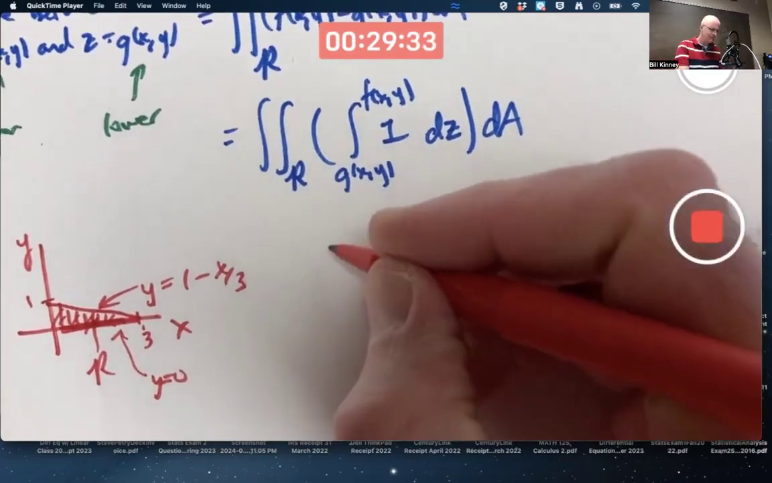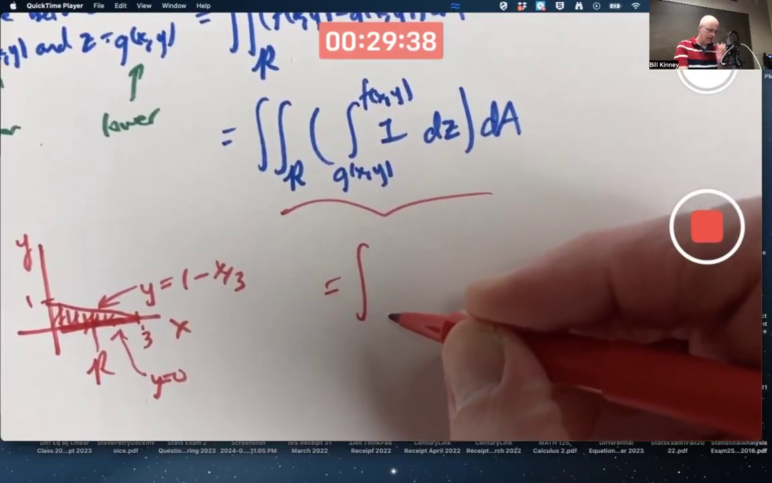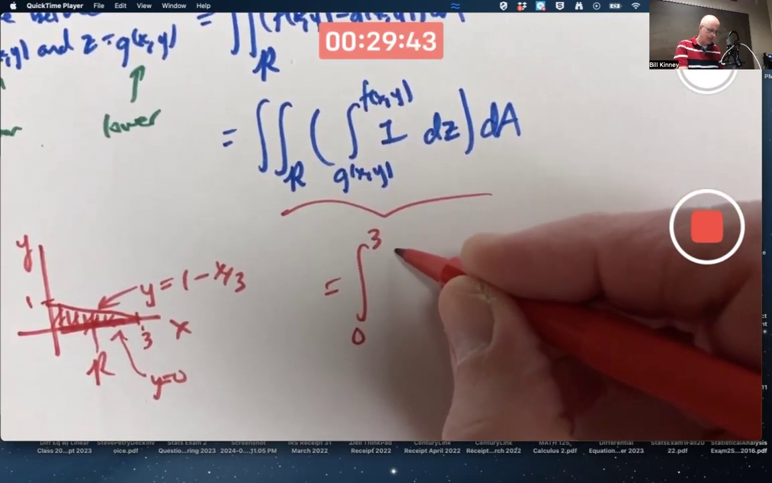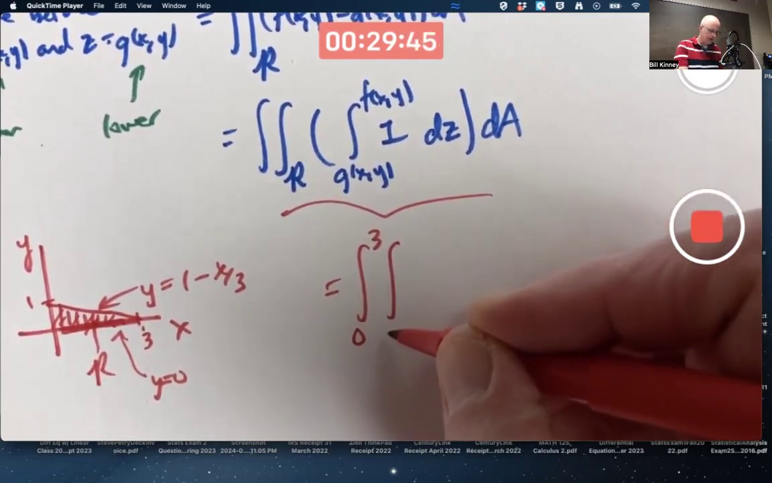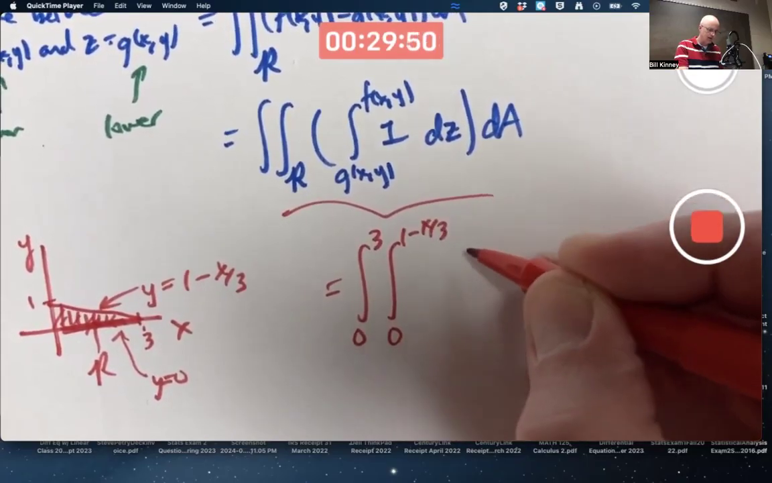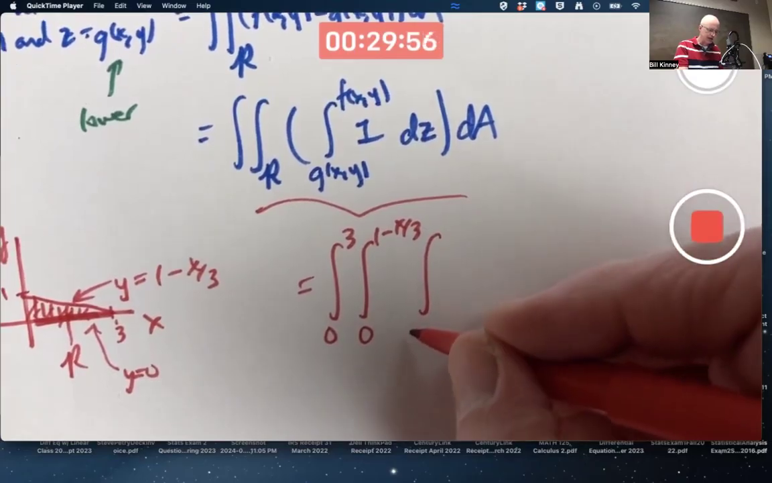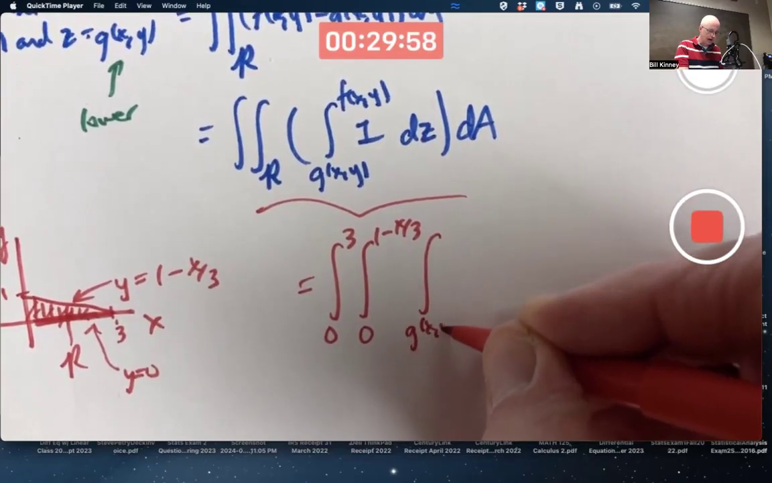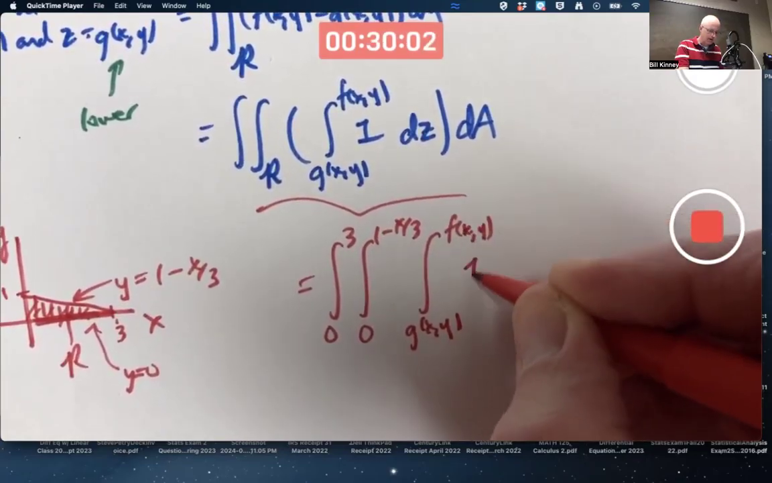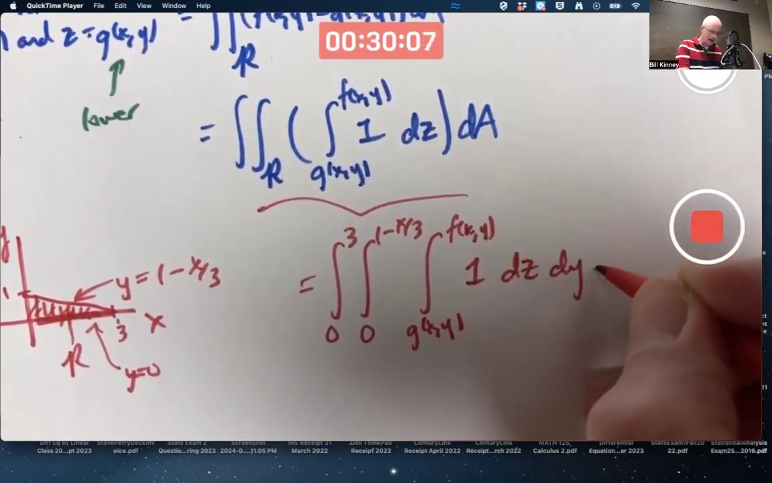So, to do this integral then, for the outer double integral, it's with respect to x. X goes from 0 to 3. Y goes from 0 to 1 minus x over 3. And then the most inner integral in this ultimately triple integral is again going to be from g of xy to f of xy of the function 1, dz, dy, dx,